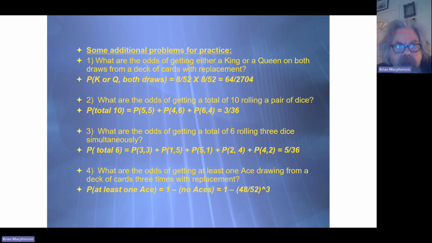All right, now we get to slightly more complicated problems. What are the odds of getting a total of six rolling 3 dice simultaneously, right? So now it's not 2, but 3. So let's say you're at the casino, you roll 3 dice, and you want to know the probability of getting a total of 6. Well, what you do is you think about all the different possibilities, right? First of all, you could get,